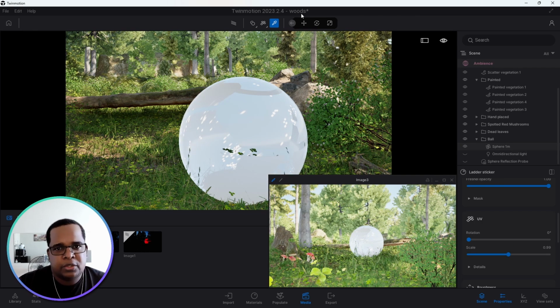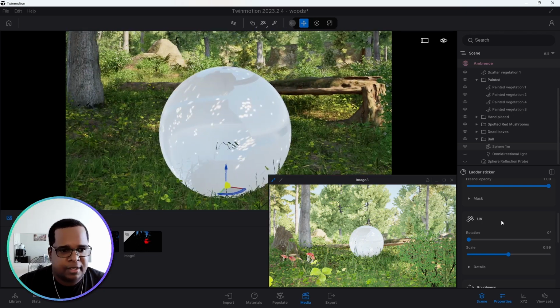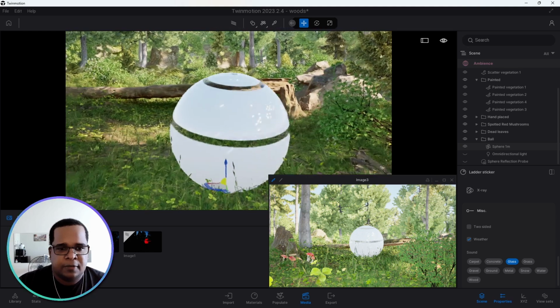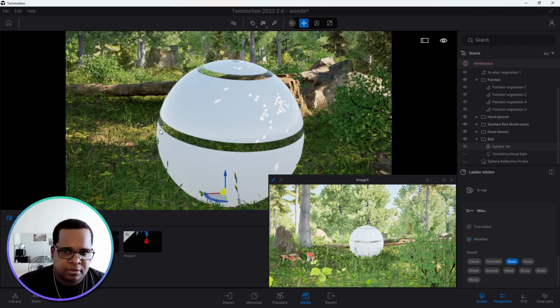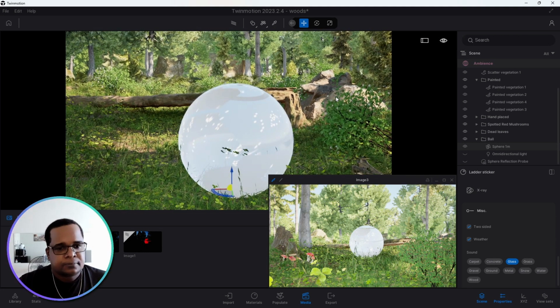Because it's two-sided, I think that is why we are having this glitch right here. With the two-sided on, I see you could see all the way through it, which doesn't make sense, because if you could see through this area, you would see the backside. So I placed the two-sided on. Now, with that being done, yes, the ball has a better gloss,